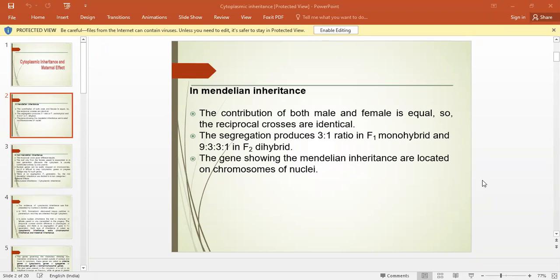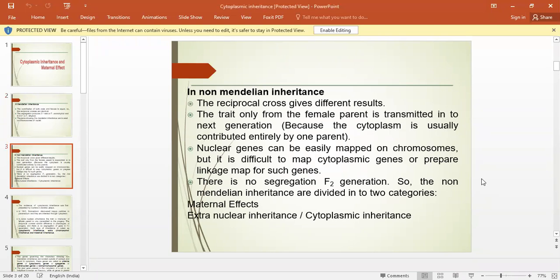Now we will go for the cytoplasmic inheritance, or it is also called non-Mendelian inheritance. So here you can write down in your notebook with your pen or paper. These 4 laws, or these 4 characters, or these 4 rules, are very, very important. You have to remember these 4 rules when the word cytoplasmic inheritance comes. You just have to write down these 4 rules. These 4 rules are very important.